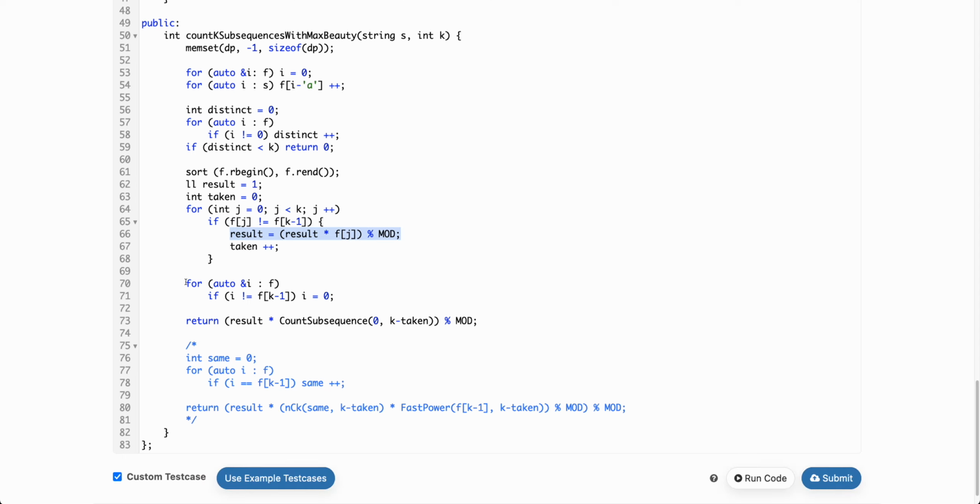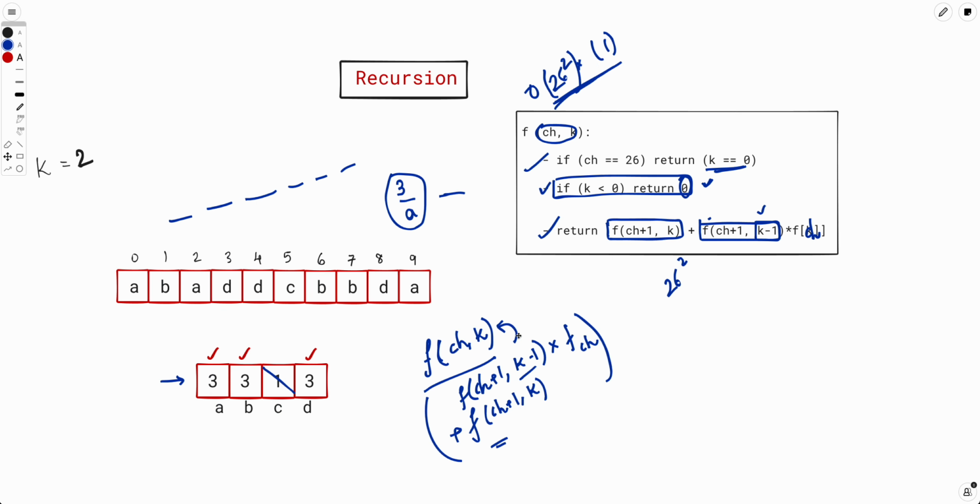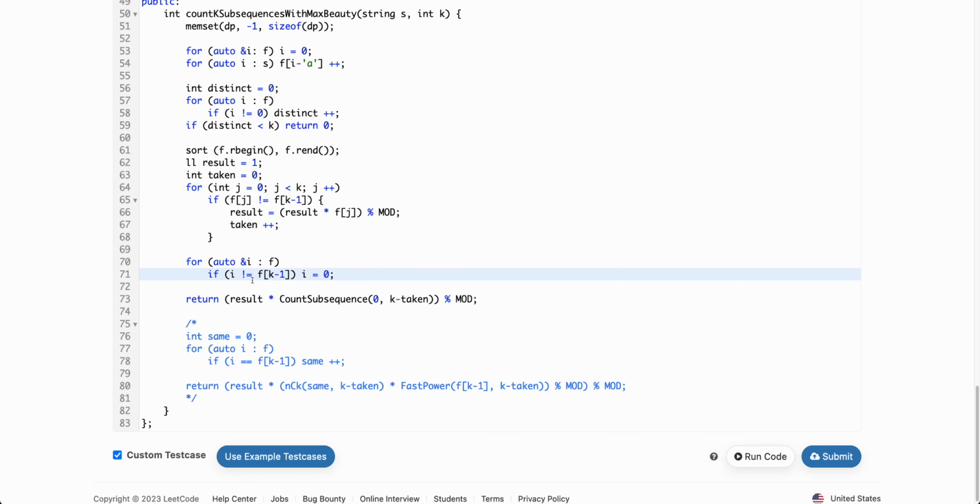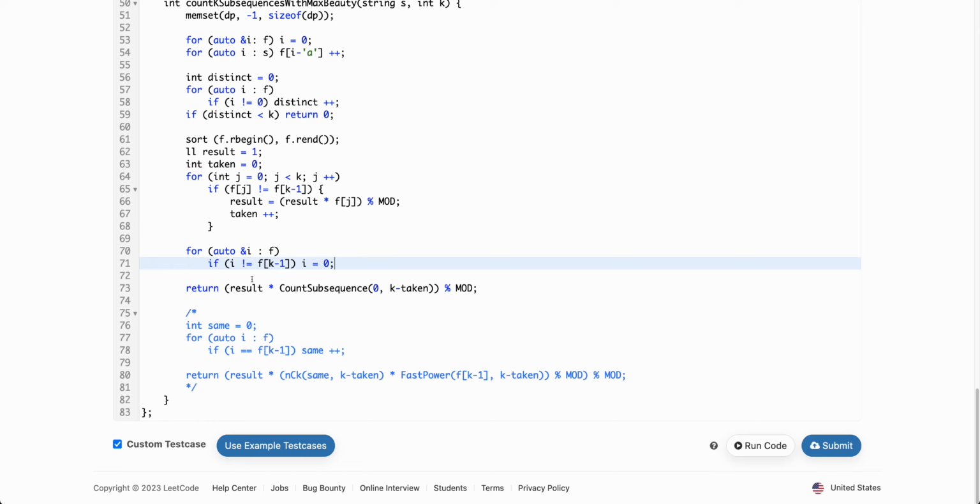Now after that, we know that we only care about those elements which have frequency equal to f of k minus 1. So I have just made others 0, because we don't care about any of them. So if you think about this, we only care about the ones which have frequency 3. So we don't care about this c at all. Either you remove it, or you can simply mark the frequency as 0. Both will work. So in this case, we mark the frequency as 0. After marking the frequency as 0, we will simply